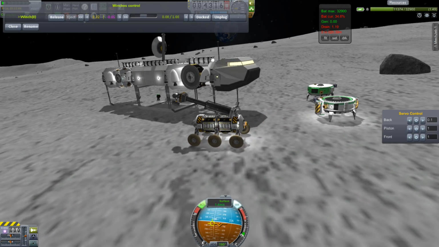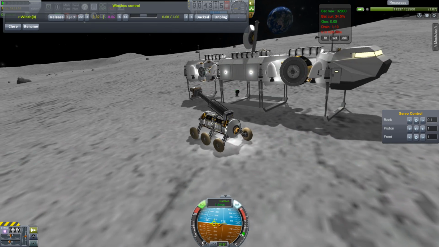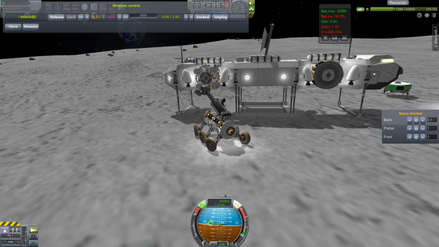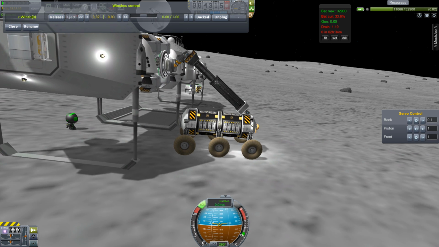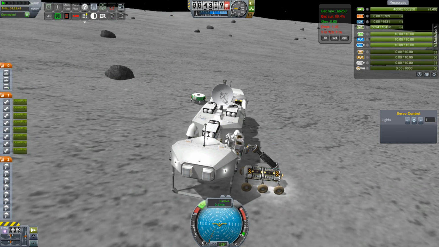Now we need the generator. Our power is getting low. The lander, the rover itself, is below 50%. It's only what, 30-something, 35%. So we're going to need to get that generator going. The Kethane generator, if we can hook everything up, the drill will bring up the Kethane, send it into the generator. The generator will give us all the electricity we need to run this whole lander base,